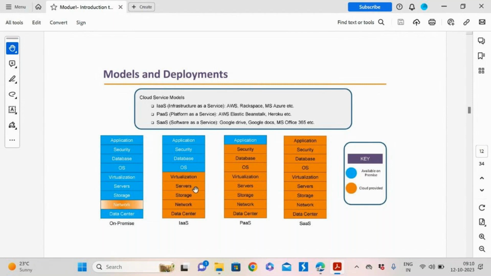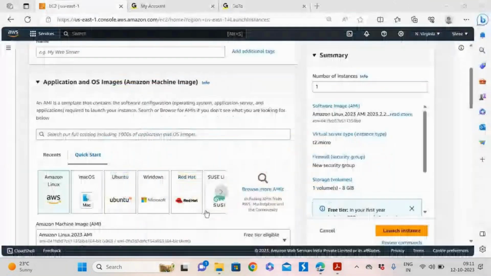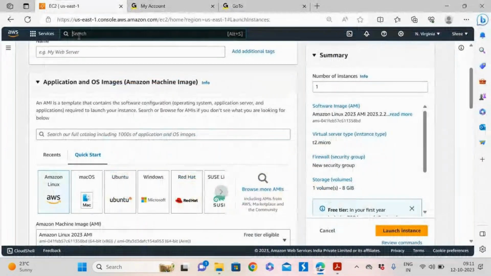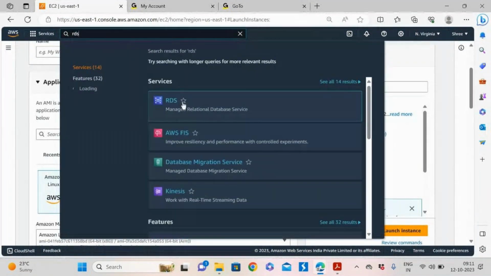If we consider Oracle, we need to have the Oracle software, so we install that software in the virtual machine. After installing that, we start using it, creating databases and so on. But in this case, we don't need to bother about installing the database software and all. There is a service called RDS. We'll simply go to RDS.